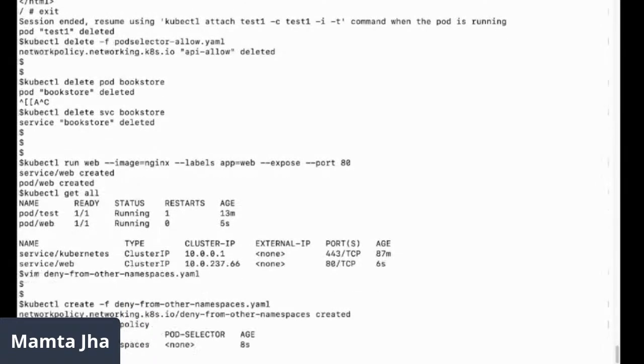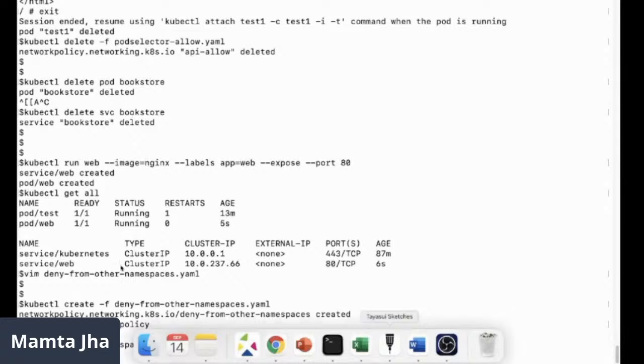Then kubectl get networkpolicy, deny from other namespaces. Let me clear this and get this on the top. Yeah. So PodSelector is marked as none this time.